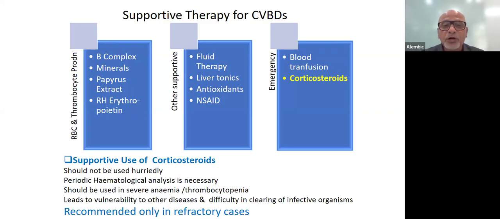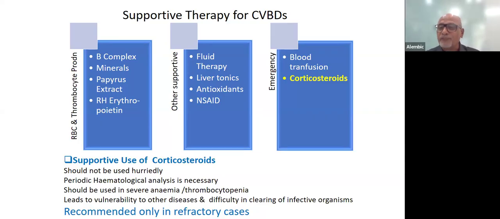Then you can also use non-steroidal anti-inflammatory because, as I've said, in long-standing cases there is a generalized inflammatory reaction. So that has to be done. In case of emergency, yes, you can think of blood transfusion if the donor dog is available. Then corticosteroids can also be used. Now, generally, what I've seen, the pet practitioners use corticosteroids quite frequently because in order to tackle immune-mediated anemia, corticosteroids